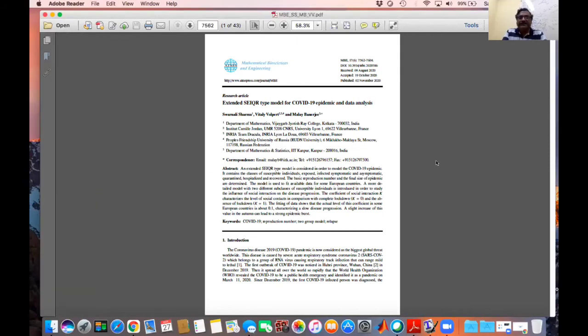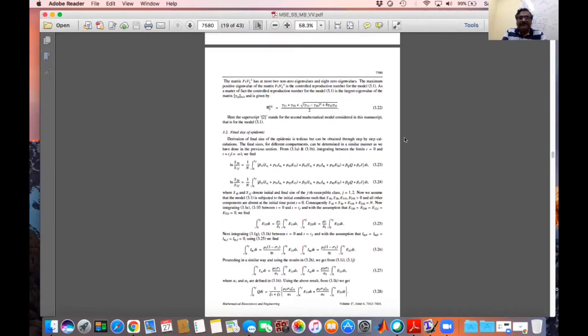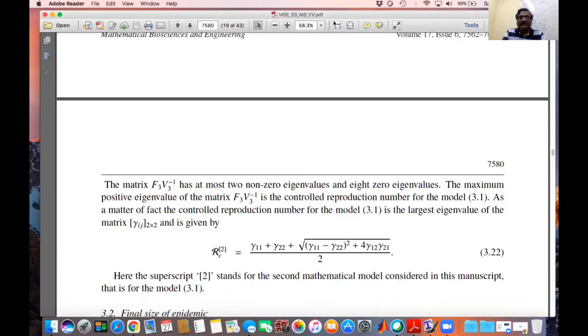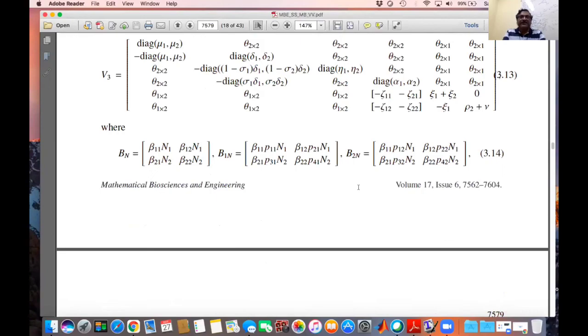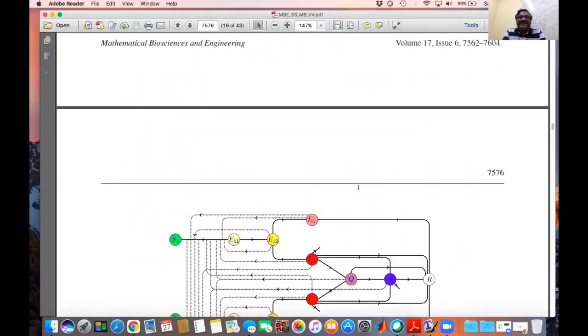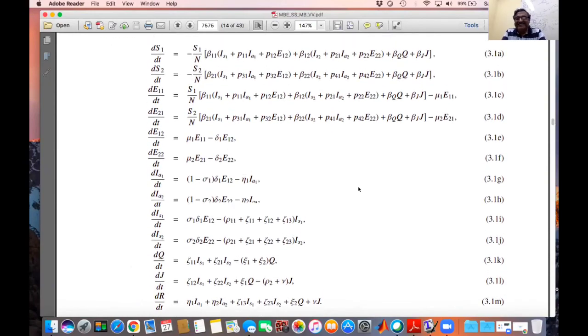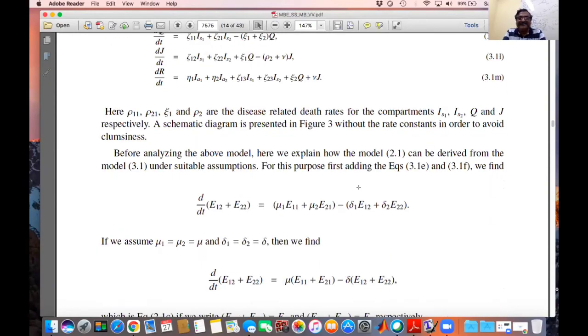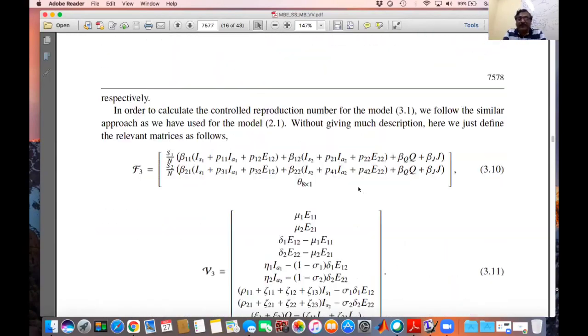Yes, sir, it's visible. So now if you look at this part, please zoom it a little bit. Okay, yes, sir, now it's okay. So first of all, this is a horrible model, because you can see this is the complete description of the model. And this is some sort of schematic diagram. But the main outcome was that